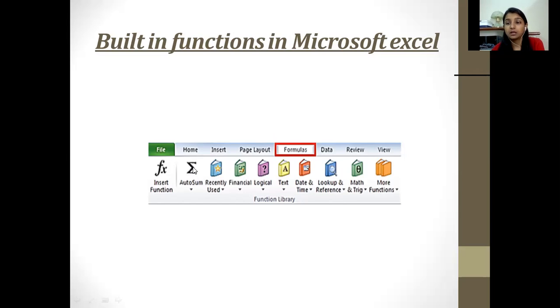That is auto sum. If we click on auto sum and insert some entries, by default the entries would be converted into the sum of those in the next column. Recently used are the entries, or we can see the tables we have created on the Excel sheet, which would be opened from this. Then after that, we have the financial functions, for whatever Excel tables we have created for finances. Logical is something you have done in computer class, or you will be doing further also.